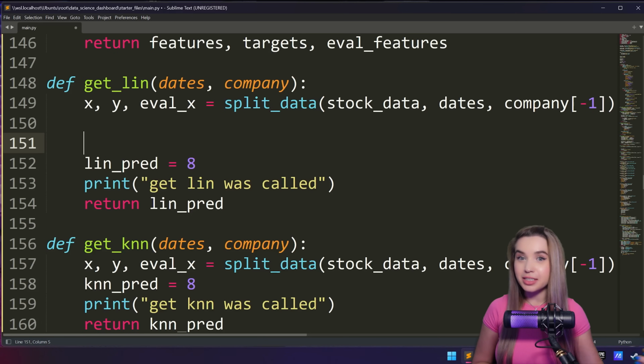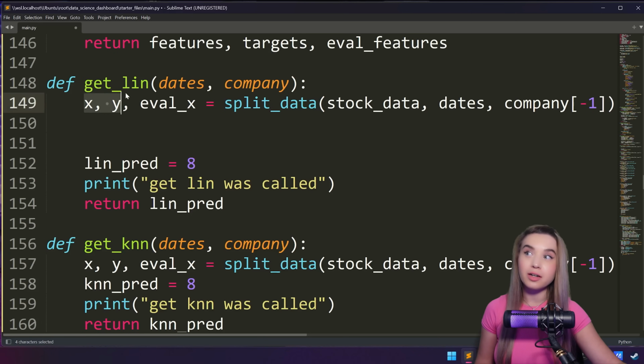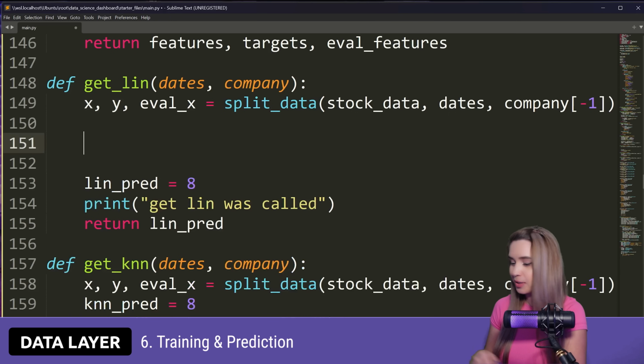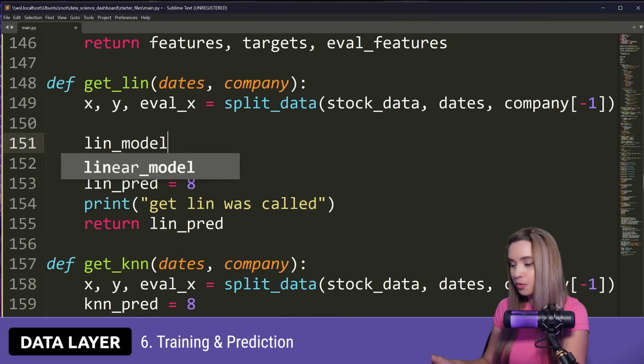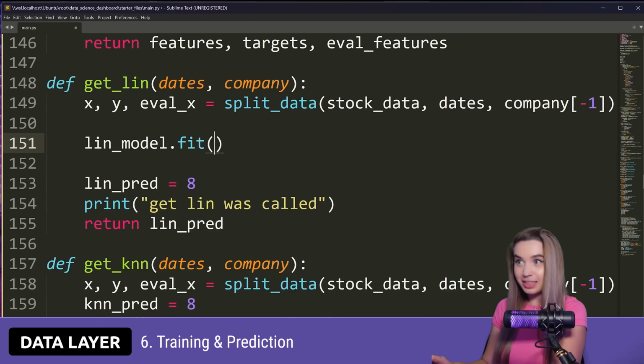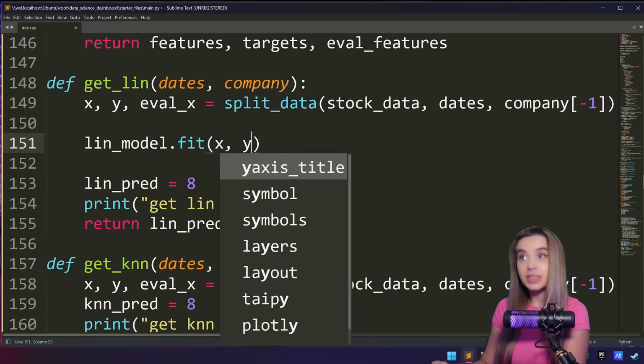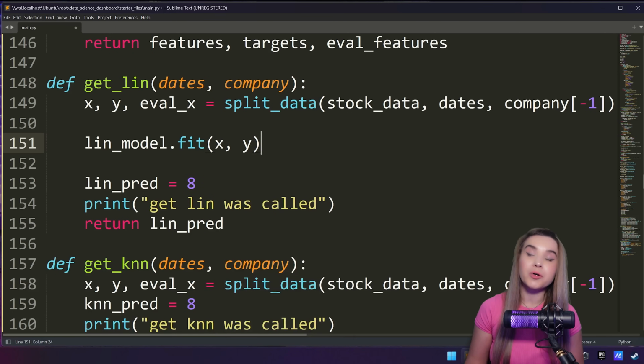Now, in the first stage, we will pass our features and targets into the model so that it learns the data really well in a process called training, which we will implement with lin_model.fit, passing it our features first, or x, followed by our targets, or y. Then, once our model is done training, it will then use all the information it learned to make a prediction, which we will do with